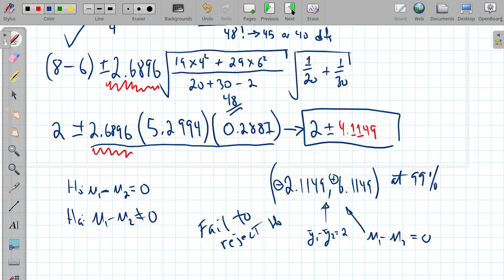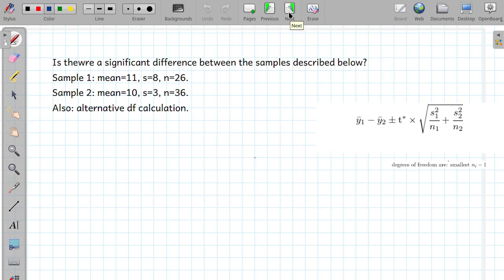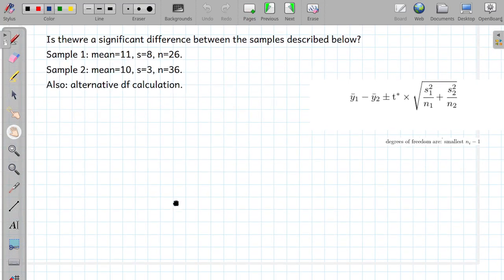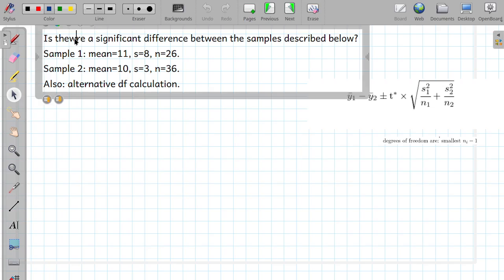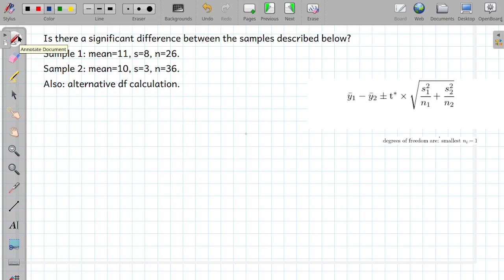Okay, let's move on to the next one, because this one's got some computations. Apparently I also can't type either. Let's fix that up. Is there a significant difference between the samples described below? Here we have sample mean 1, sample mean 2, but we have to determine whether it's pooled or not. You can see we're going to do the non-pooling anyway, but how you would check that